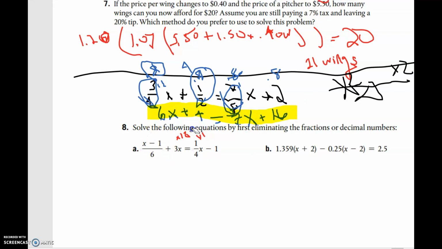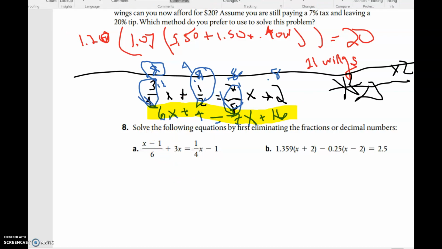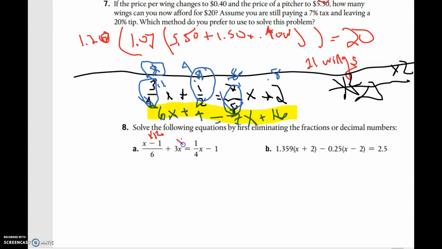Okay, so this last one, we don't have a lot of time. Find the common denominator, which is what? Is it 12? So times by 12, times by 12, times by 12, and times by 12. Now, this goes with this, so I have to distribute my 2. So I get 2x minus 2